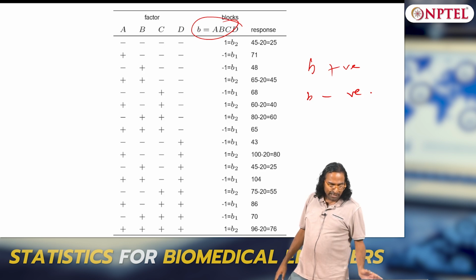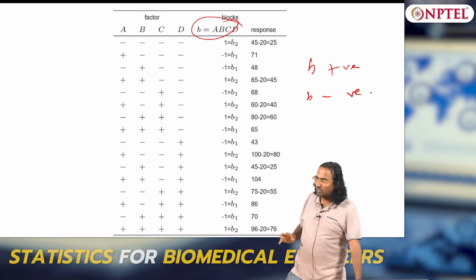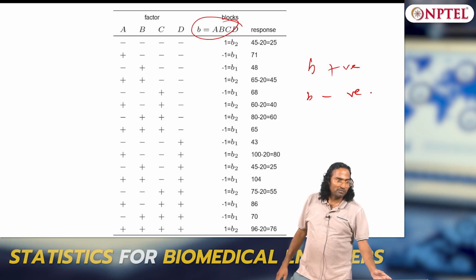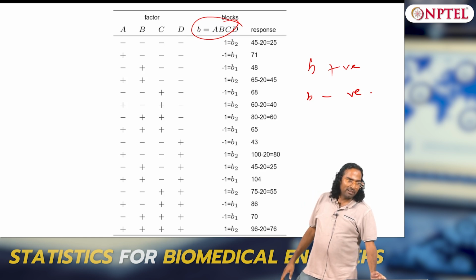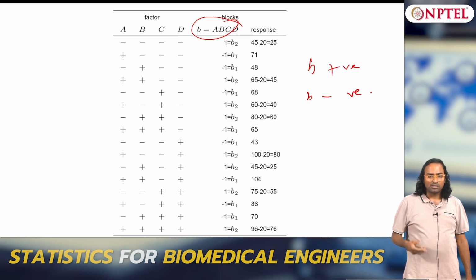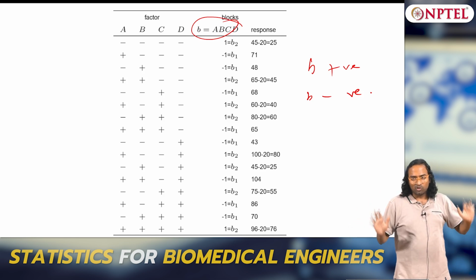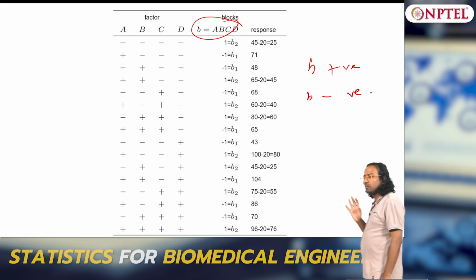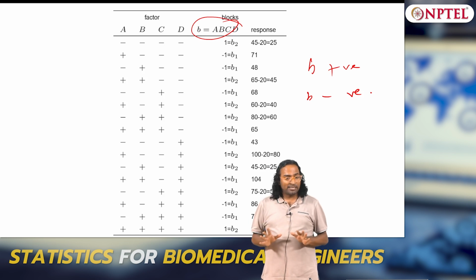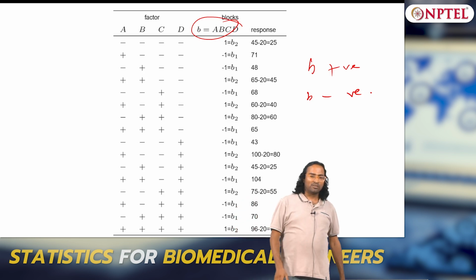Even if you do the blocking, the confounding will depend upon the number of experiments you have done. Suppose you have done only 4 experiments, you will obviously have more confounding effects. To distinguish ABCD you need 16 experiments without blocks, and if you have done only 4, it is worse, your confounding will be significantly higher. So the number of experiments determines your confounding. Make sense everybody? I am just giving you an overview, not getting into the math details. This is at a slightly advanced level where you start doing experiments.